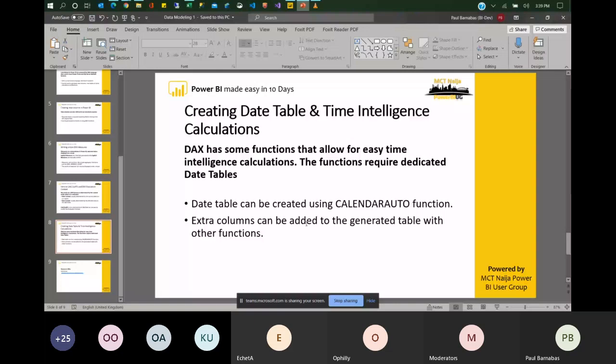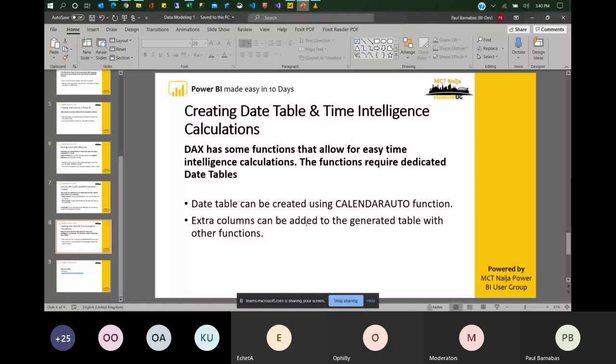As a business analyst, or as a demand of the business, it could be: I want to see last year's sales, this year's or this month's sales, or even month-on-month sales. For us to achieve this, it's ideal that we build a date table, which has functions that allow easy time intelligence calculation, and these functions require dedicated date tables.